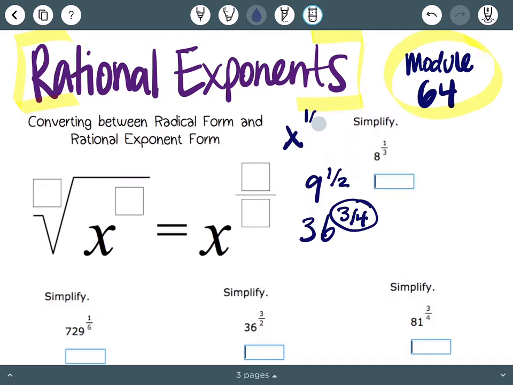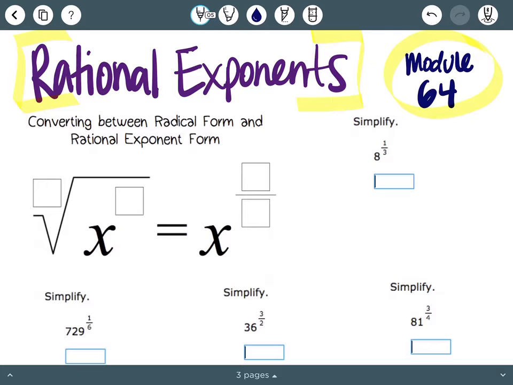So we are going to deal with these today by turning them into radicals, right? We already know how to deal with radicals, right? Looking for groups of a certain amount. So we're just going to turn our exponents into radicals. So what we're going to see here is something like